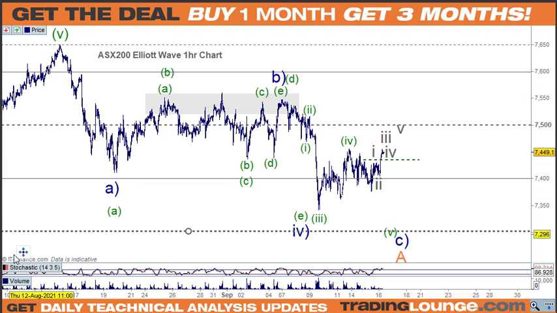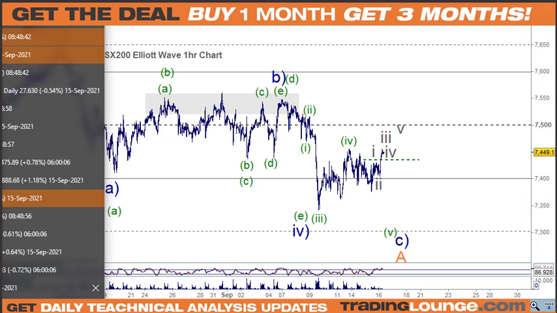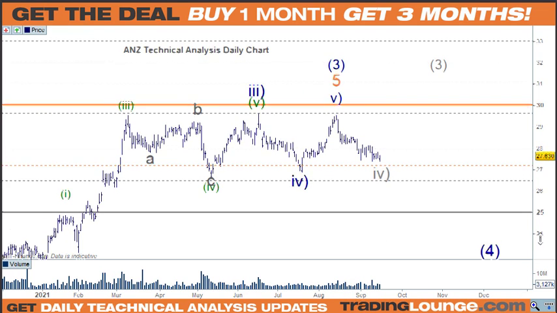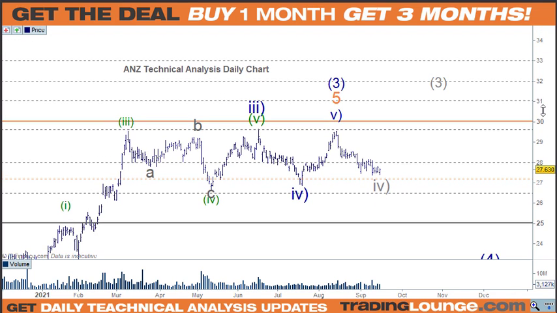I think the best thing to do at this point is really to have a look at the banks, and if we, on the bullish side, start with where are we with ANZ. Now with ANZ here, I'd been looking at it, I was just trying to be sort of practical, but with this here being wave 4 and wave 5 here, we don't really get 5 waves here, we don't really make a new high here, so it's a bit difficult to call that in here. So we've had this wave 3 over here. We can, and we have been looking at this as an A, B, C, D and E over here, and